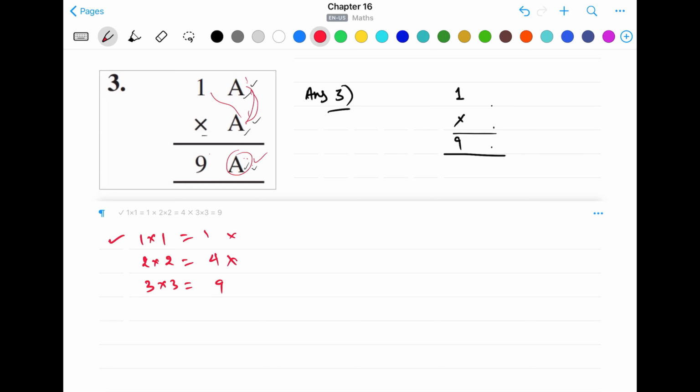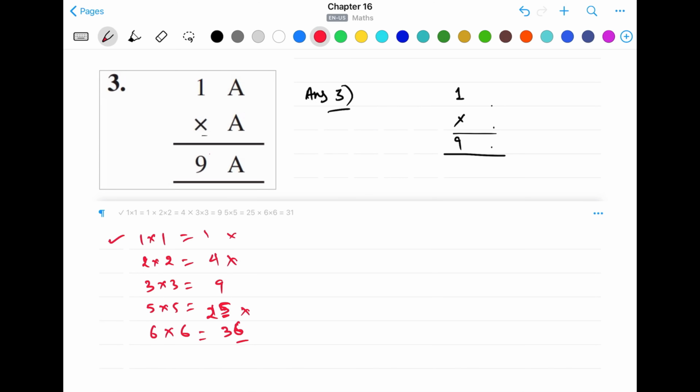Now you can choose 4 into 4 is 16, that means the result is also changing. We can choose 5 into 5, we again get 25. That means again we are getting 5 at the ones place. So if we choose 5 here, 5 here, 5 into 5 will give us 5 here, carry will be 2, then 5 into 1 is 5, plus 2 is 7, so we are not getting 9 here. That means 5 is also not satisfying. So let's take 6 into 6, we are getting 36. That means 6 again at the ones place. So let's try this with the 6.